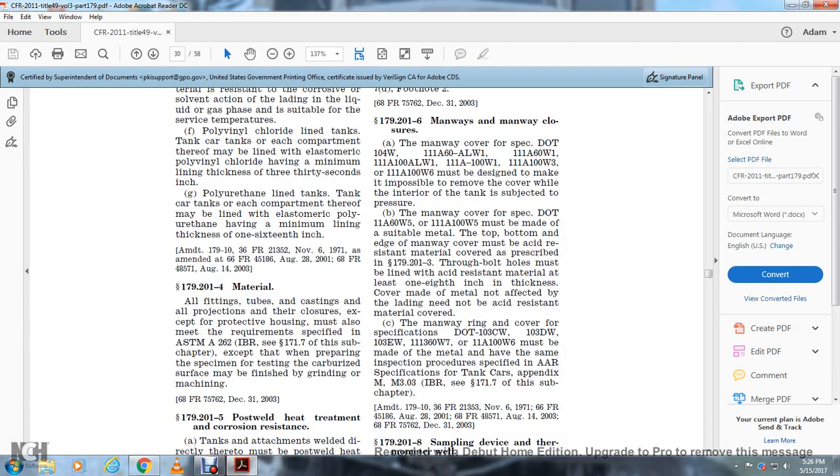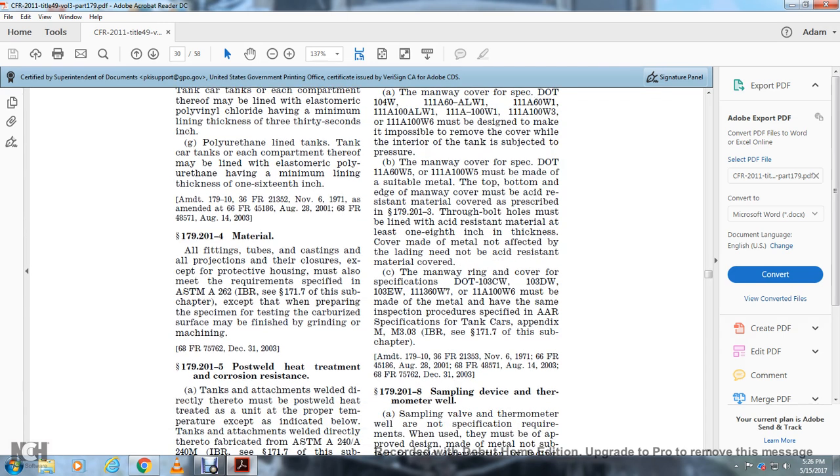The manway covering of the spec 111A60WF and 111A-AW5 must be made with a suitable material. The top and the bottom edge of the manway cover must be acid resistant. Material cover for the prescribed 179-2013 through the bolt holes must be lined with acid-resistant material at least 1/8 of an inch in thickness. The cover made with the metal but not attached, but the lighting needed not to be